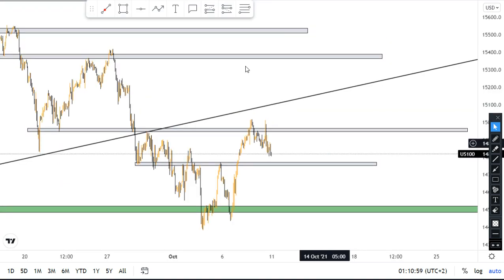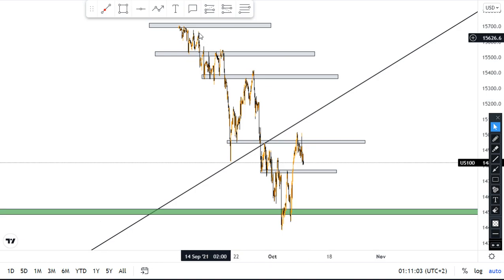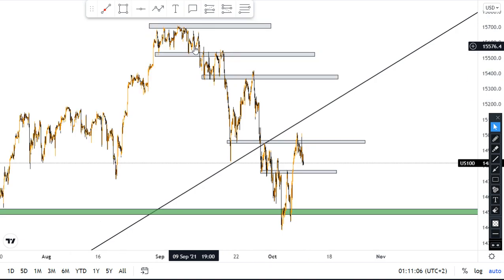So in the 1 hour, we can clearly see where Nasdaq is currently standing. It has been in a bearish market. It has been in a downswing, moving in structure. Obviously, break, retest, enter for a short position, break, retest, enter for a short position, break, and now retest, which